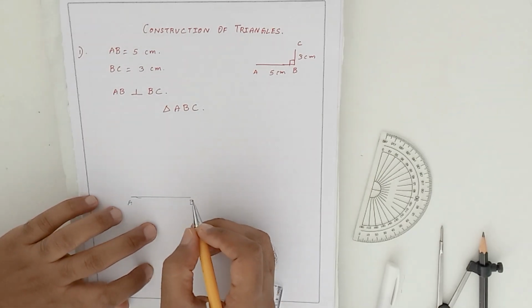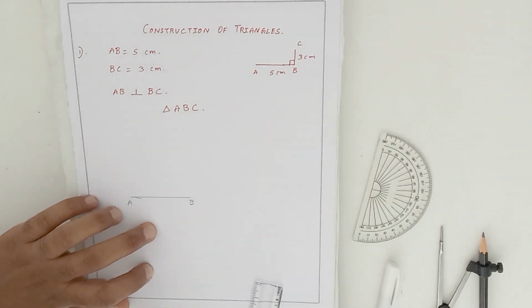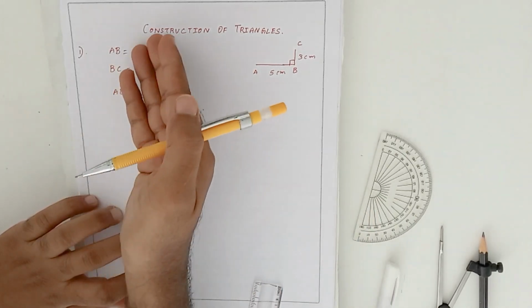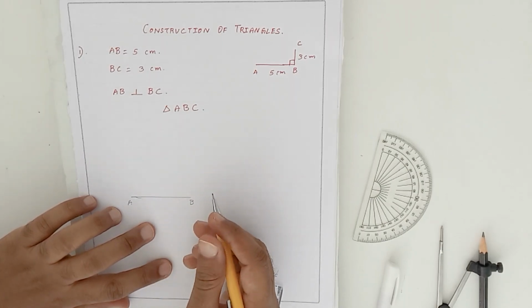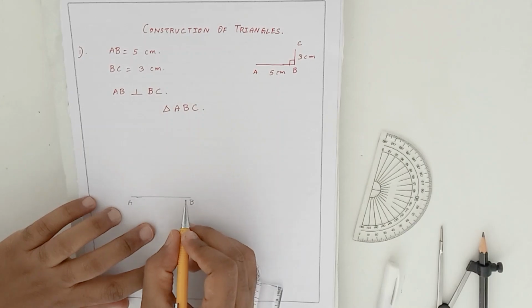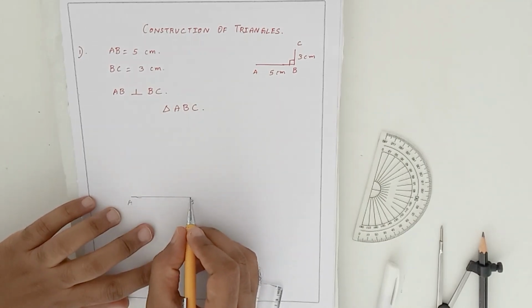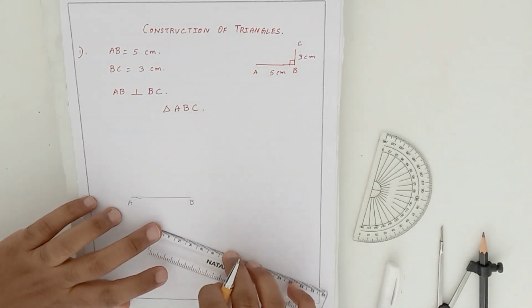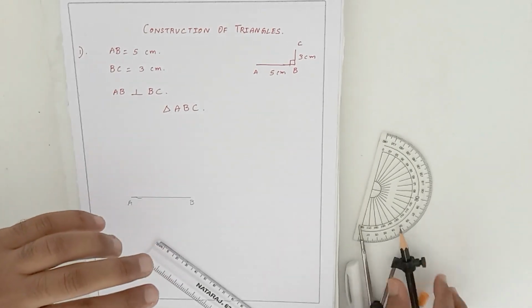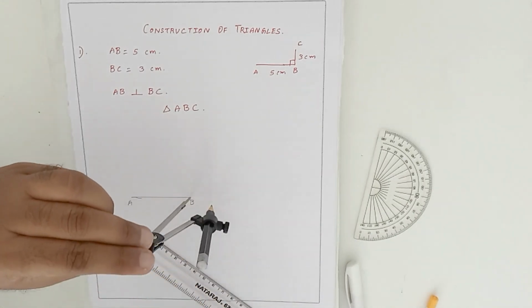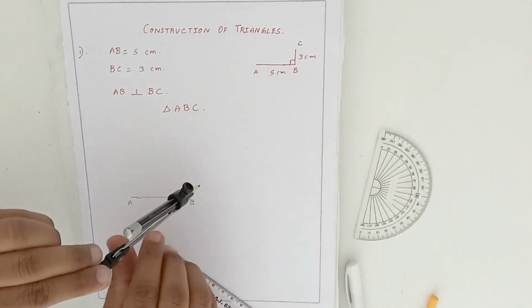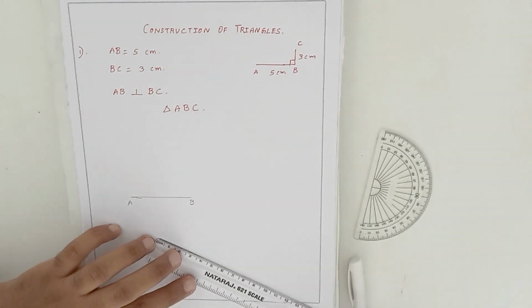Therefore, you'll have a question, without using protractor, construct a triangle ABC, and then all these details will be given to you. So since you're not allowed to use a protractor, how will you draw a perpendicular? You will draw a perpendicular using the method I taught you before. So you need to draw a perpendicular to AB, and that perpendicular line should be passing through AB. So now I need to take a compass, measure this, and draw an arc here, and then draw an arc here. So this side the line is not there, therefore I will extend the line.